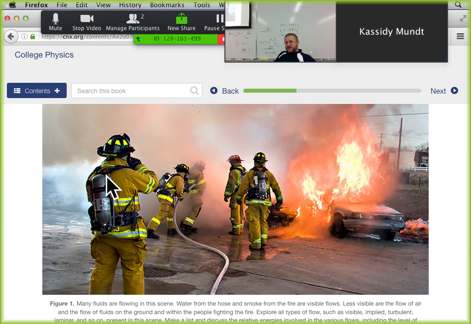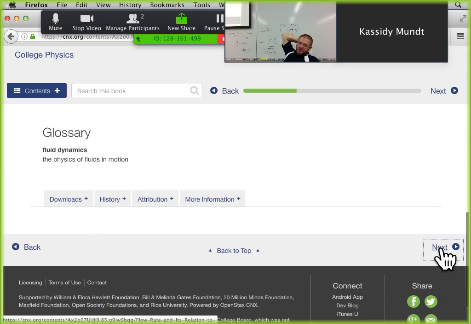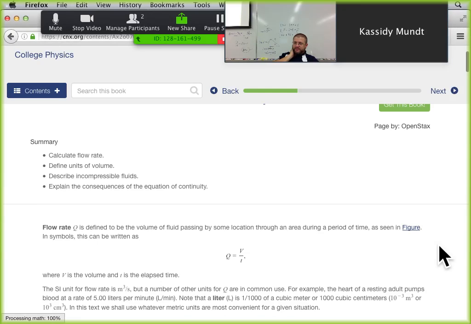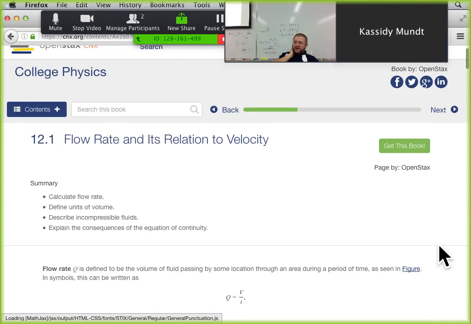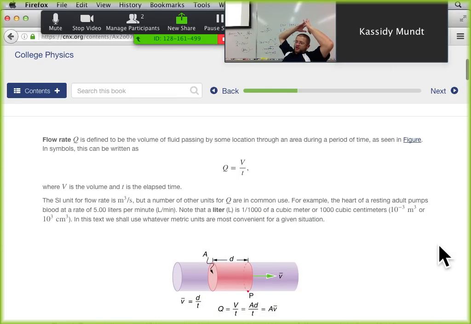So it's a nozzle, and nozzles are extremely important in this life. We use them in lots of different things. They're used in our cars. They're used in our showers. They're used in farm equipment. They're used in all kinds of things. Nozzles are extremely important. But how is it that it works? Why does it do this? Why does it move things faster? So we're going to have to talk about a few things first before we get into that. And the first thing we're going to talk about is flow rate.